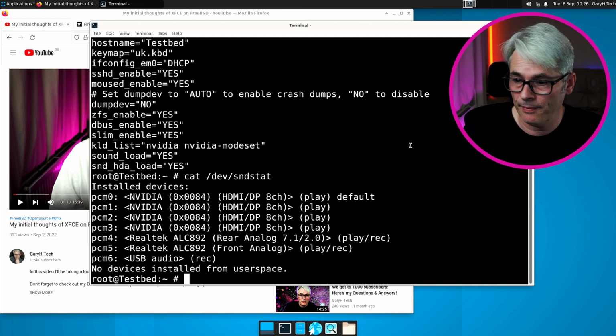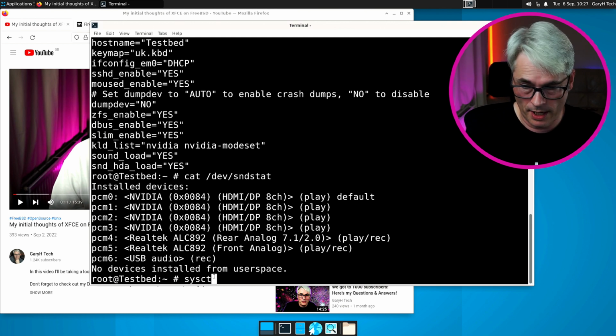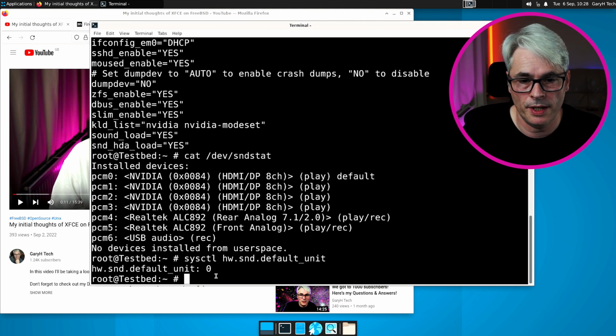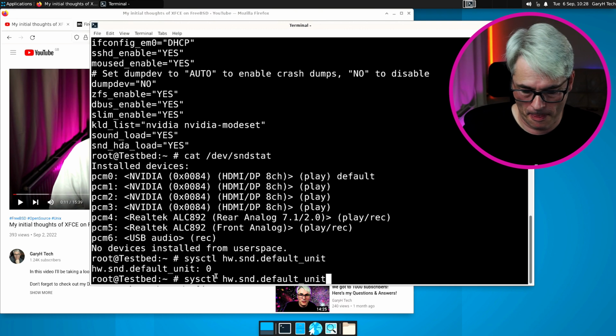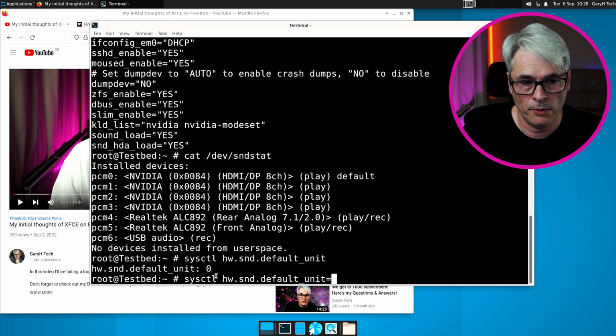So to change that, it's quite simple. sysctl hw.snd.default_unit, and that will tell you which one is your default. So to change that, just put an equals and the one that you want. So 0 is the one that it's on at the moment. If you want it to be on 1, you can do it on 1. If you want it on 4, which is the rear audio in this case,